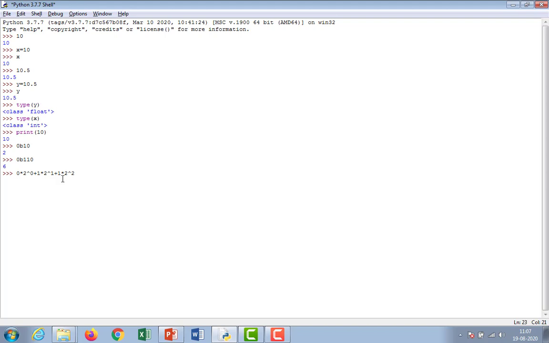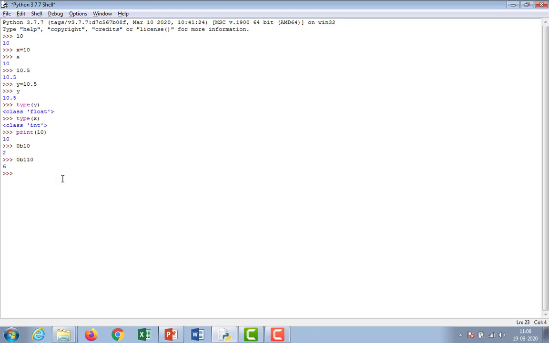That means 2 square plus 2 power 1 plus 0. 2 square means 4 plus 2. So the binary number 110 is 6. 2 plus 4, 6.